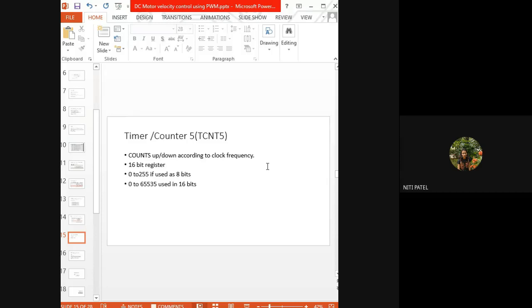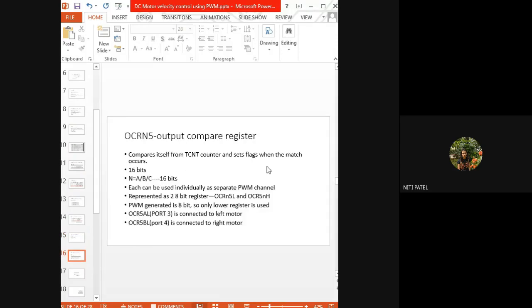जब भी उसको match नहीं मिला, मतलब value 0 हो गया, तभी वो count नहीं करेगा and it will set the flag to 0. So what I'm talking about is, what is this flag set to? Either 0 or 1. When the counter is counting the value, counter means this counter, counter 5. जब भी उसको pulse मिल रहा है, value count हो रहा है, मतलब match मिल रहा है और flag 1 set हो रहा है, that is pulse 1 is generated. जब भी उसको match नहीं मिल रहा है, that means the counter is not counting anything, it is not getting any pulses, hence the value set is 0. Okay.